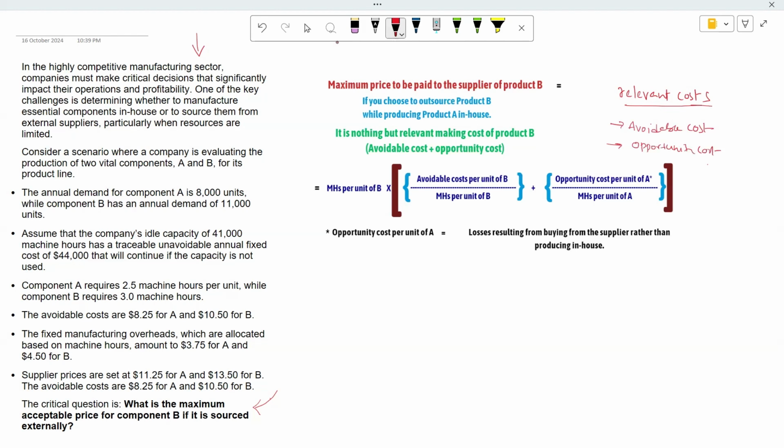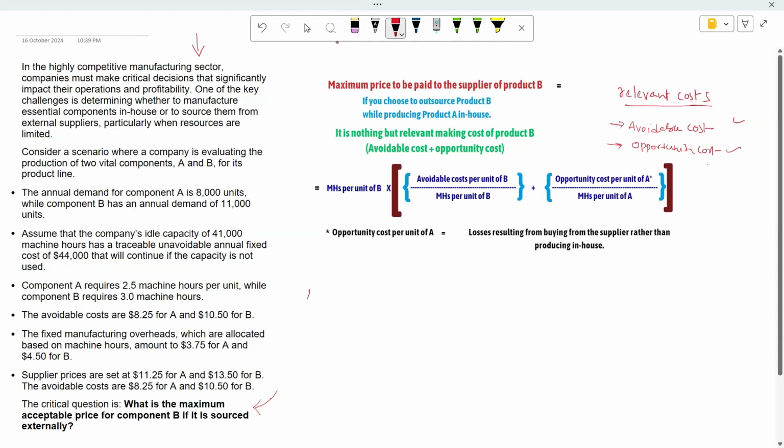So here, how to solve this question is, assume that you are manufacturing the product B inside. What is the relevant cost that you are going to incur? That is avoidable cost. The second thing is opportunity cost. So we need to identify what those avoidable costs are if we manufacture the component B in-house. Why is this question critical? Because